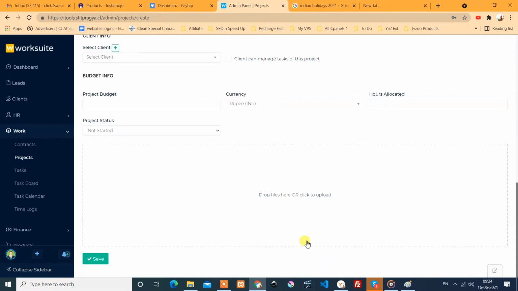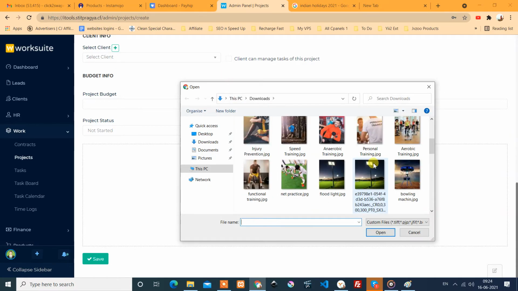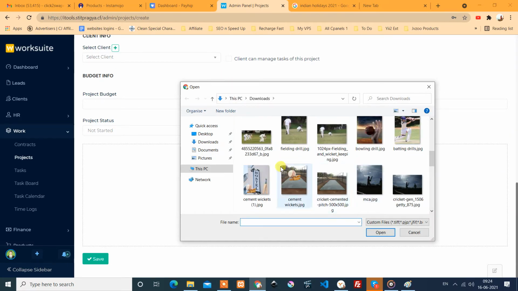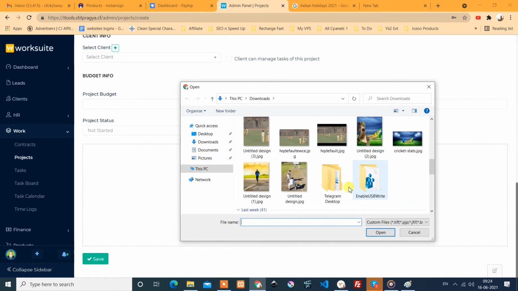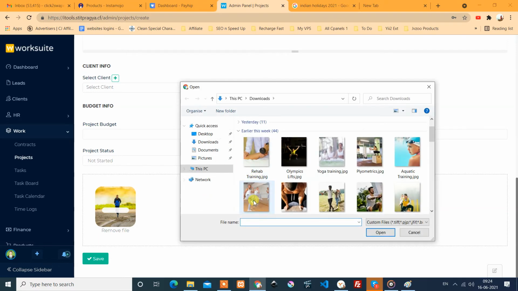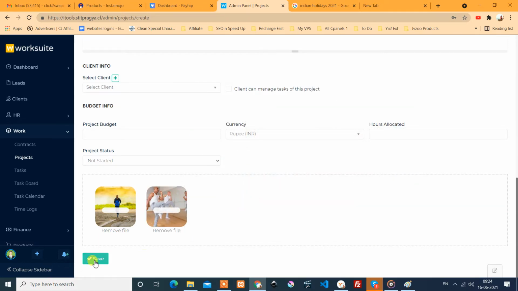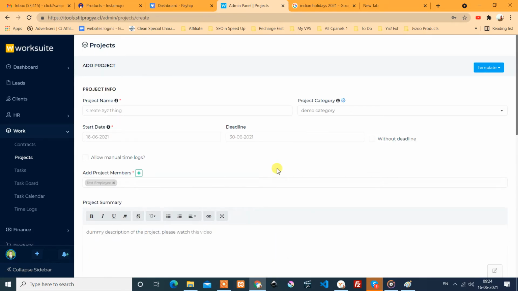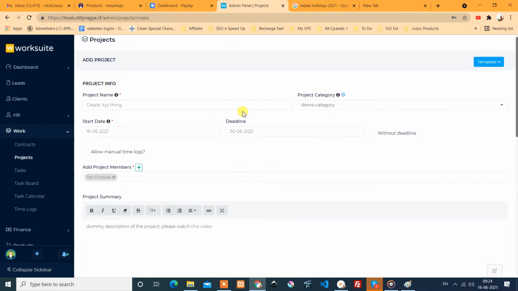Here if you want to add some attachments, you can add those attachments for the project, which will explain the project in more detail. Okay, so I will show some. So let's say, okay, I will attach some things. I have some images, you can add multiple also. Okay, just like this. Yes, done. So this is our project with having the deadline.